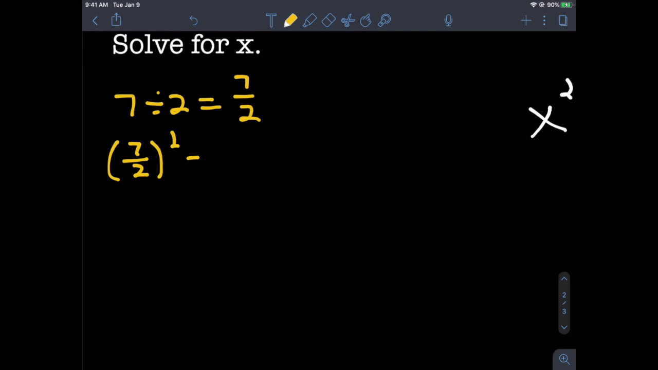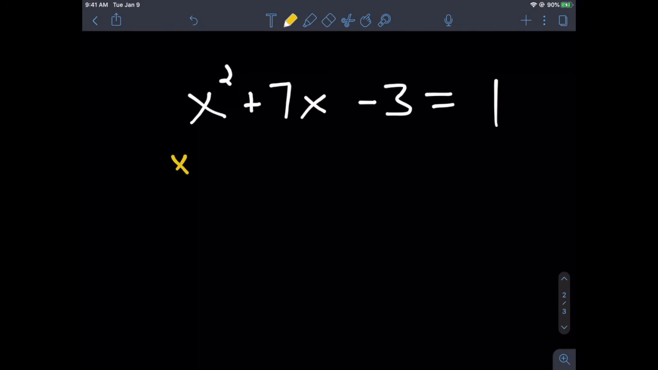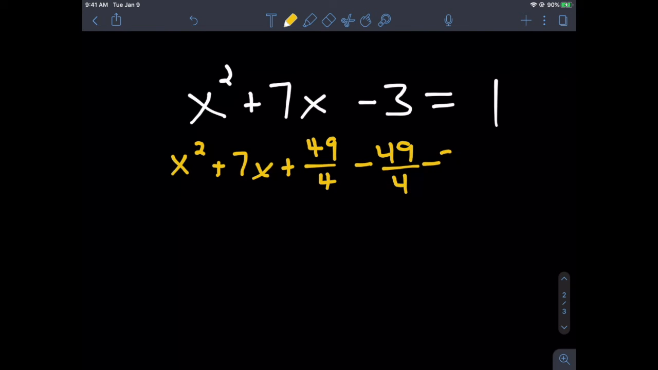And when you square a fraction, remember, it's top squared over bottom squared. 7 times 7 is 49. 2 times 2 is 4. And the steps proceed as they did before. We take that number, and we have to add and subtract it after the linear variable. That means we have x squared plus 7x plus 49 over 4 minus 49 over 4, and then again the